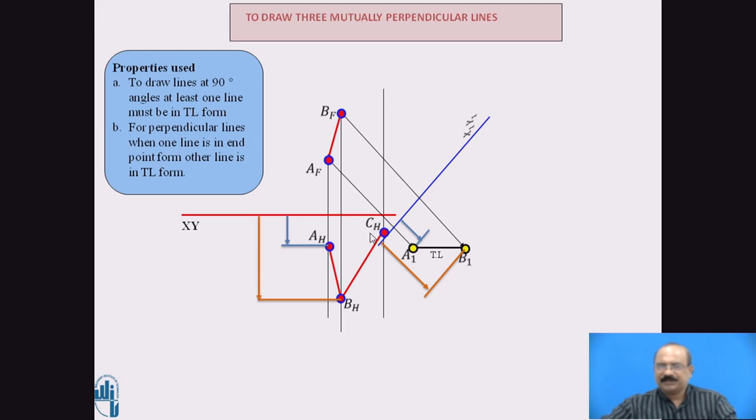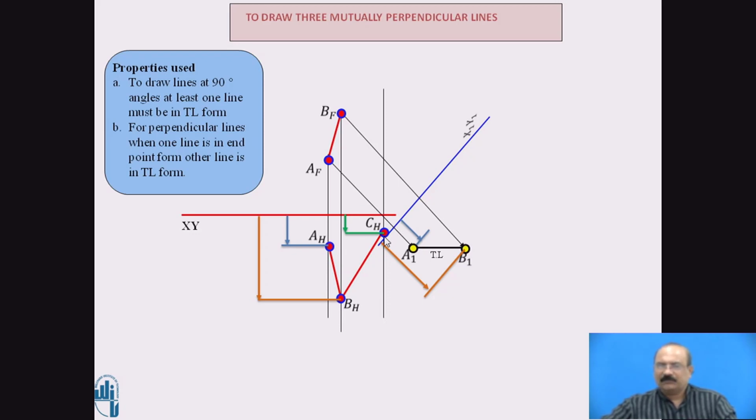So for the C point, just observe it here. I will show it with the green color line. This is the position of the C point. The measurement from the XY line towards the point C is expected to be measured exactly perpendicular. We are highlighting it on the side to show the dimensions. Wherever it cuts the XY line, from that point to this point, you are expected to take the dimension.